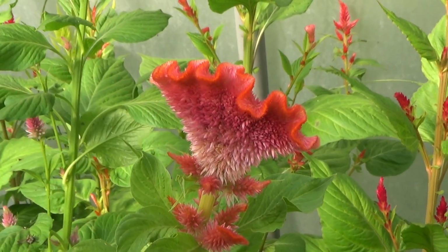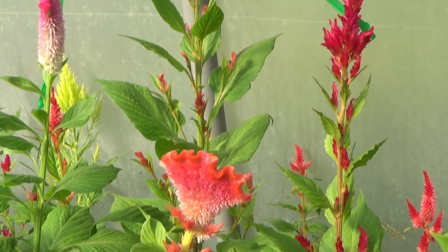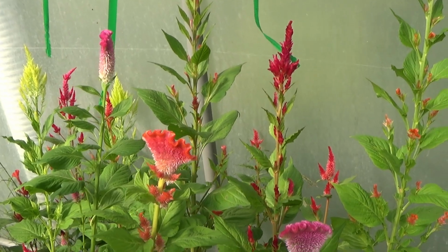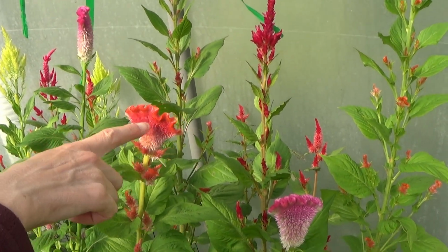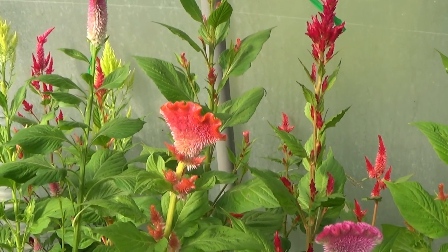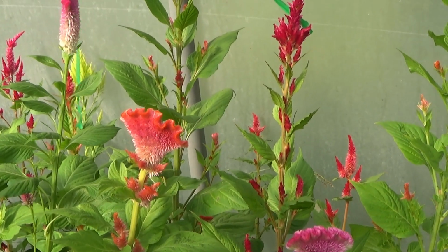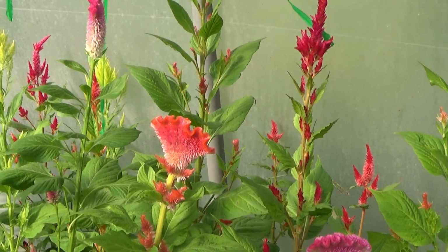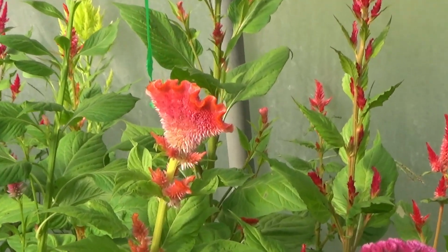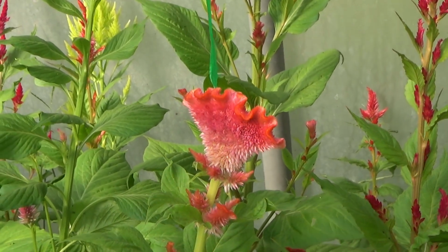So it's really a lot different than what it actually is supposed to be. Now, this one here, if I would save seeds from it, would keep the characteristic of that bloom. So it is very unique. It's more of a flat shape. It would fit a little bit better in certain arrangements. So if you wanted a shape sort of like that, you could collect seeds from that one there. You could label it a different type of bloom. Back here,